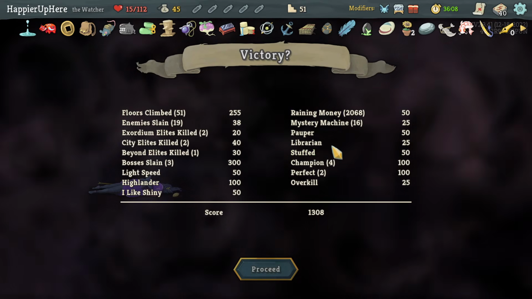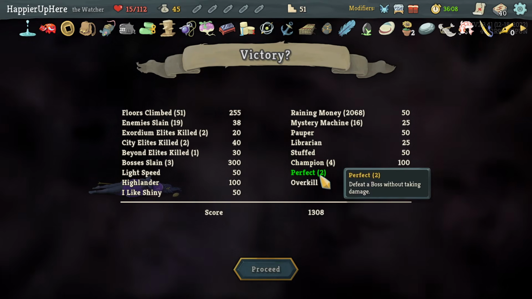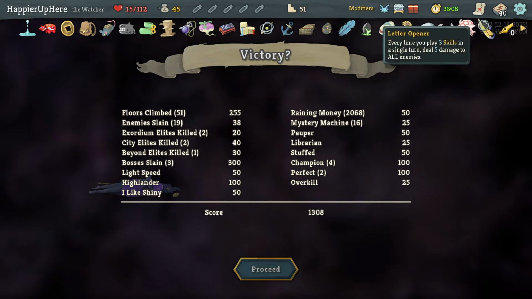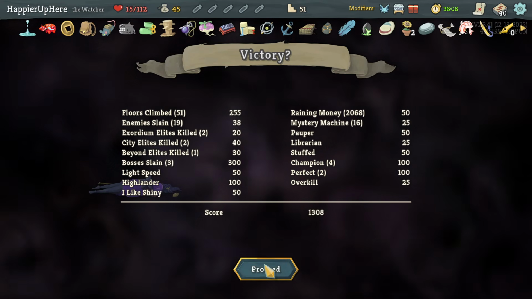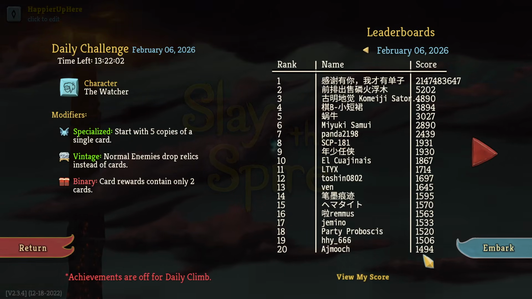Highlander was doable. No way to get curses. Pauper was easy. Stuffed was easy, of course, with the Darkstone Periapt. And then Overkill was relatively easy too. Combo might have been possible if I got that study a little sooner. But yeah, missing the last boss. 1408 would have been possible. And yeah, if somebody gets 5 more points...